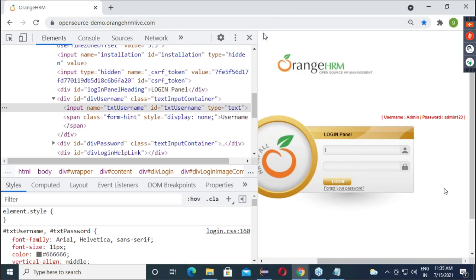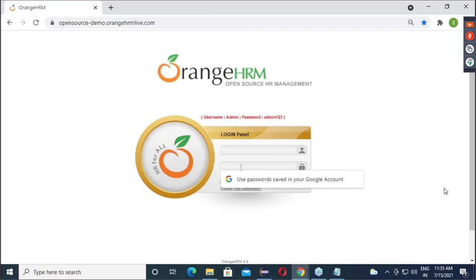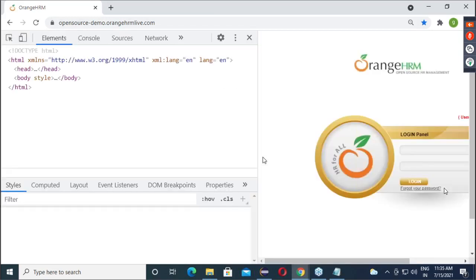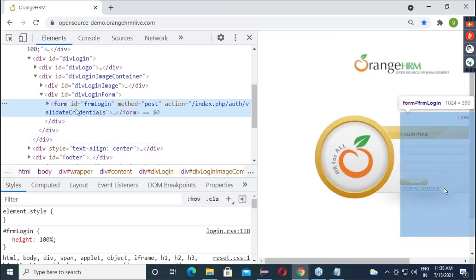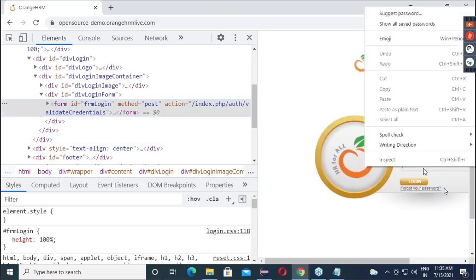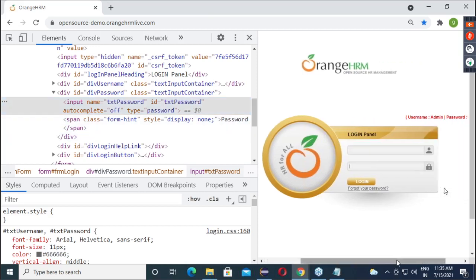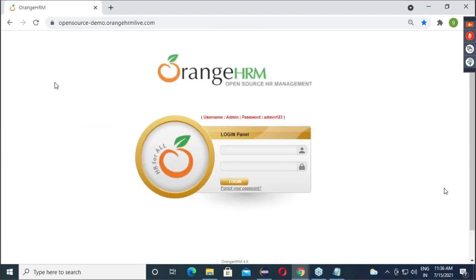One way is, if I want the password field, click there, right click there, inspect. Directly you will get the password field.